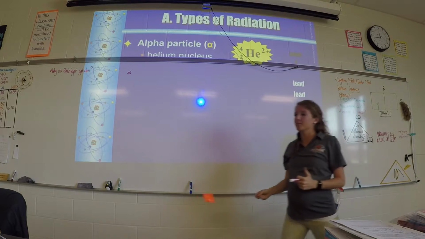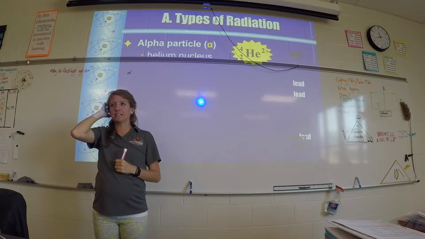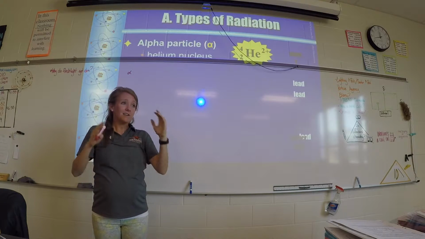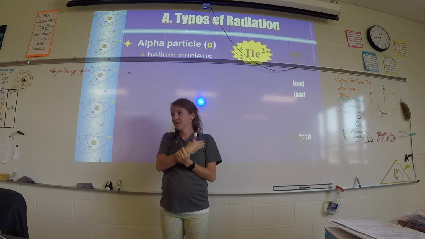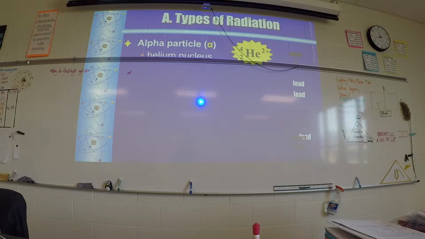The next part on your chart says penetration power. What does it mean to penetrate something? Intrude, go through it. So this is how strongly this radiation can pass through things. For alpha, when we talk about bad radiation, it's not the alpha particles. So it's very weak. You can put weak or low for its penetration power, and maybe put paper in parentheses to remind you, because if it can't pass through paper, can it pass through your skin?